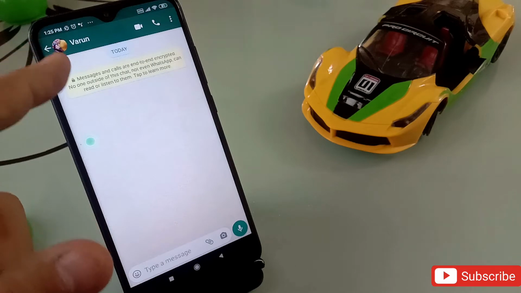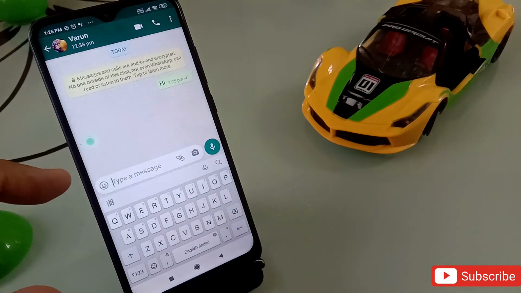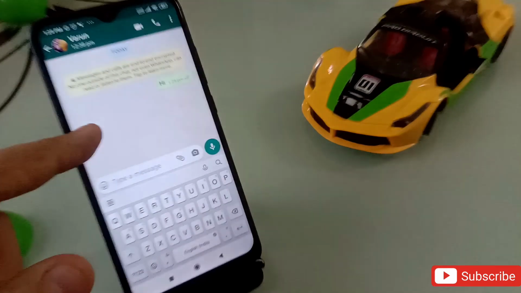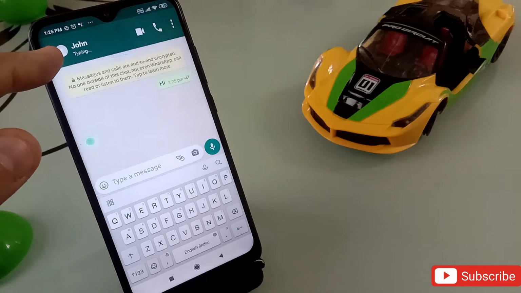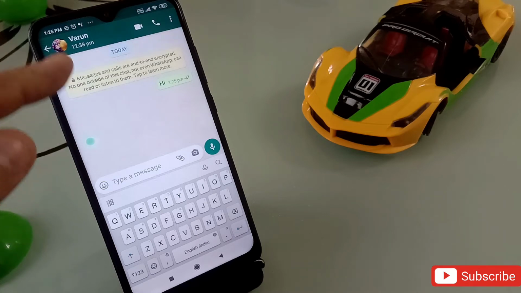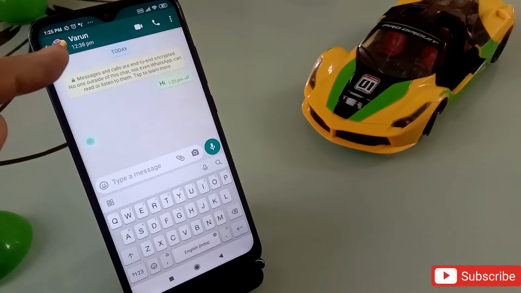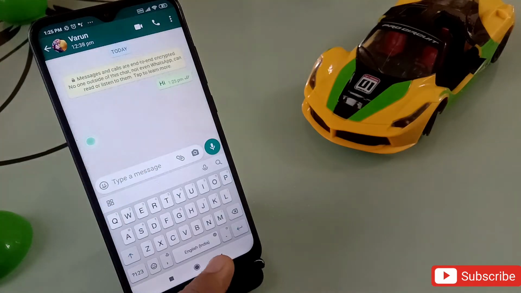Now if you are chatting with someone, hi, hello, something like that, and suddenly somebody tries to see your WhatsApp chat, simply click on this icon and your name will get changed. See this? On the top, your name will automatically change, and the other person will never come to know to whom you are chatting right now. And when he goes, you can simply click on this one and it will automatically be gone. So this application is really amazing. You will get the link in the description.